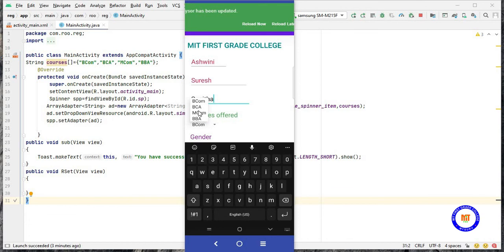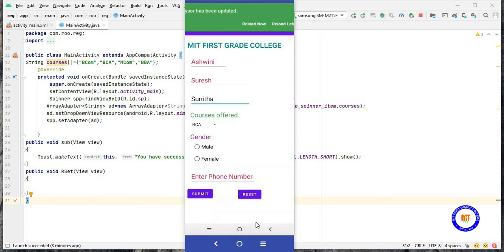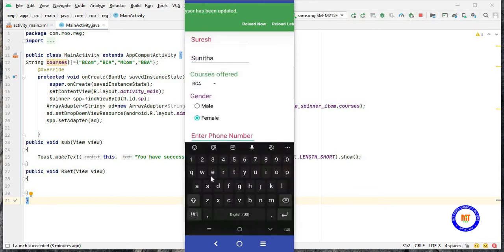So here you can see whatever course I have given, it has come in the spinner. I'll select that. Select gender in the radio button, enter the phone number,